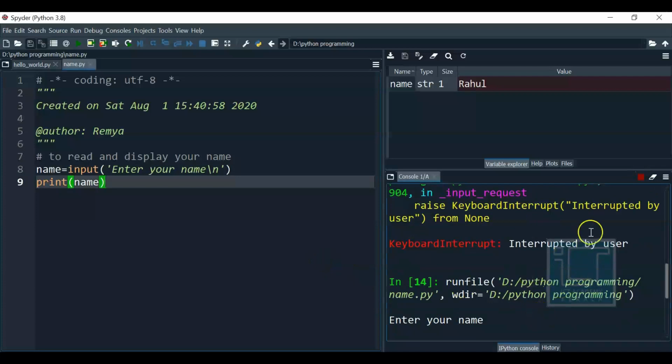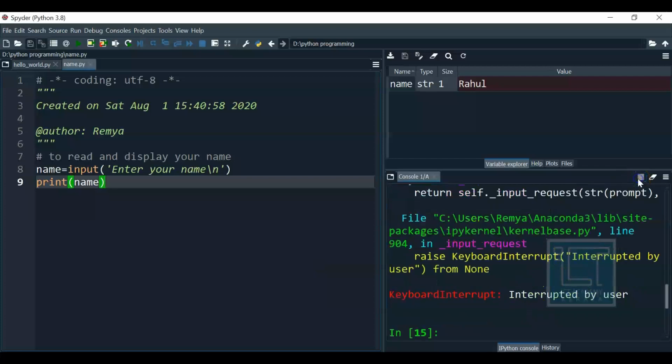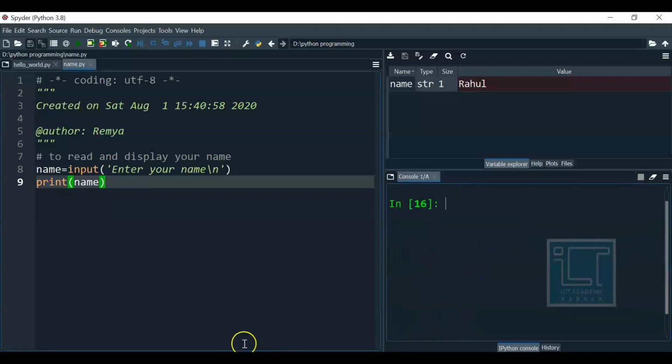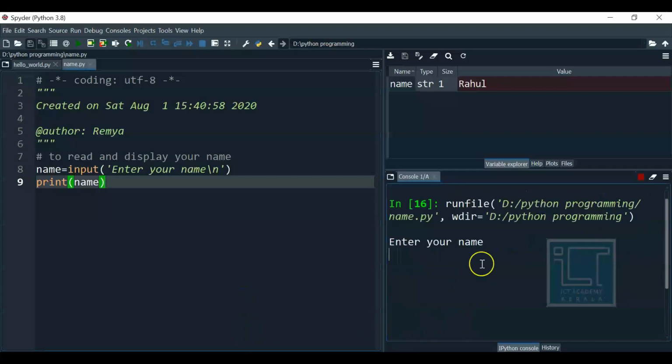I can also use this symbol to come out of the execution mode. Then also it is done. You just clear it and again make it run. Now my cursor is blinking on the new line. I am giving a name, Rekha.